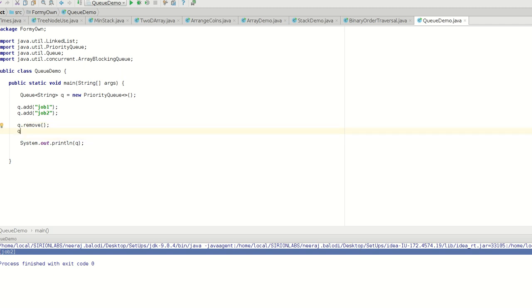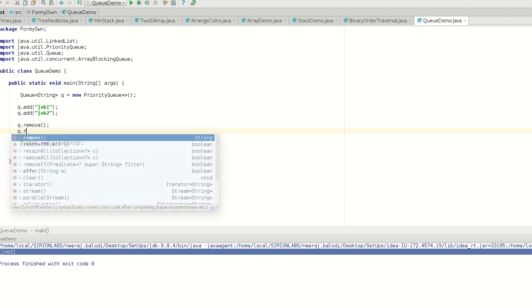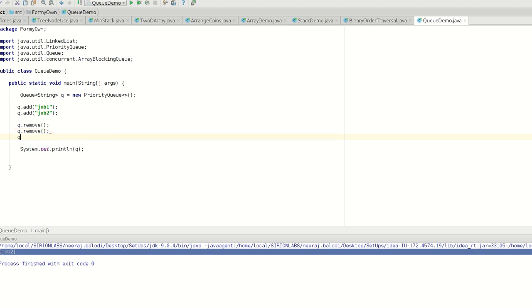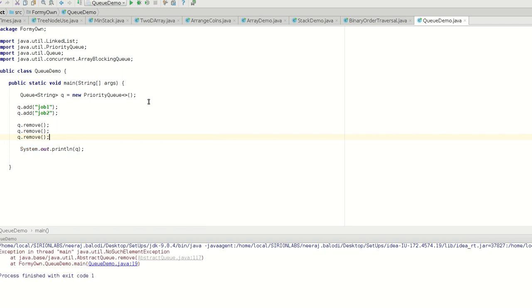So suppose I will write here queue remove once more and once more. So now you will see that this is causing no such element exception because there is no such element.